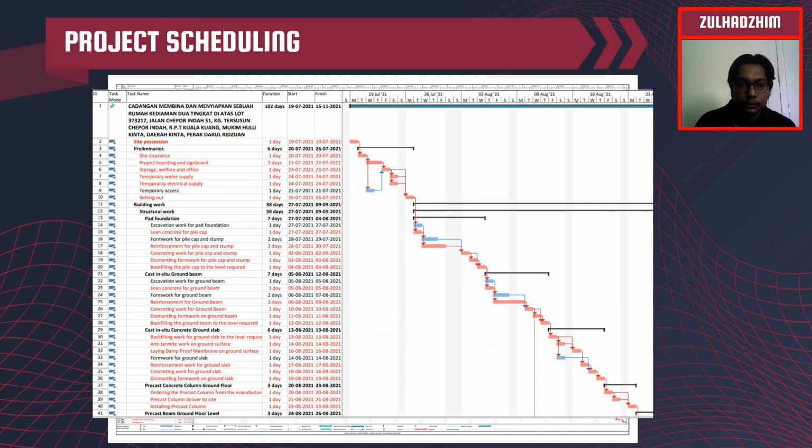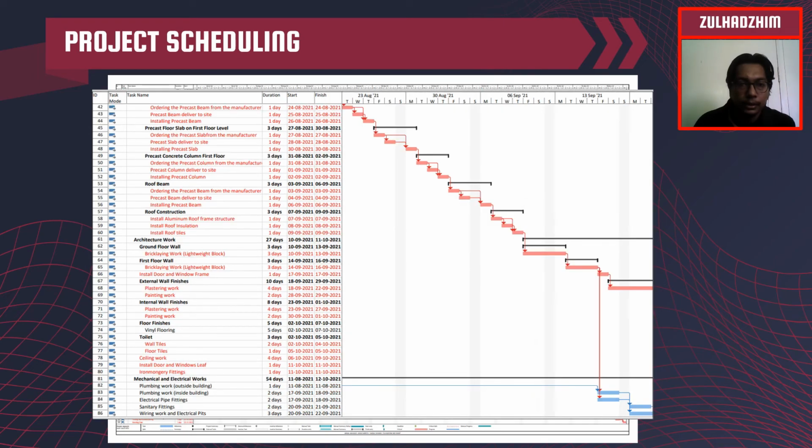The project consists of site possession, preliminaries, building work, structural work, piling, pad foundation, cast in situ ground beam, cast in situ concrete ground slab, precast concrete column ground floor, precast beam ground floor level, precast floor slab on first floor level, precast concrete column first floor, roof beam, roof construction, then continue with architecture